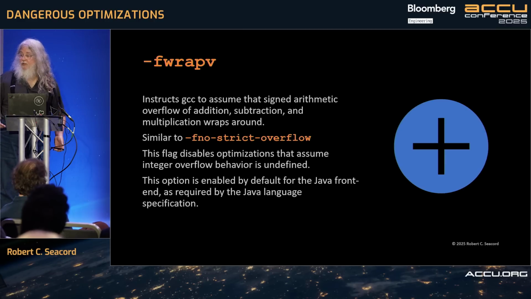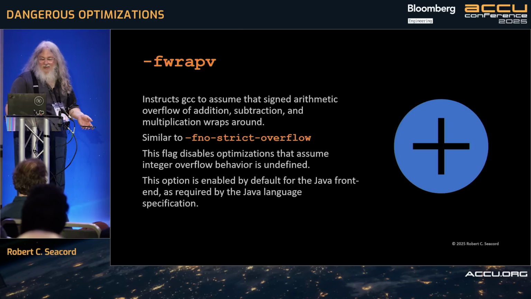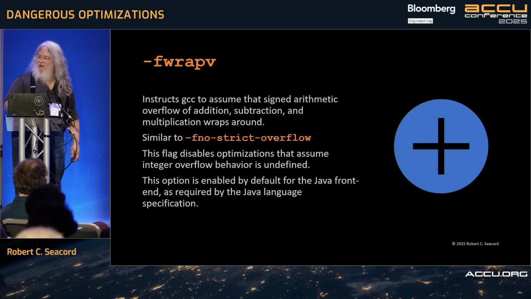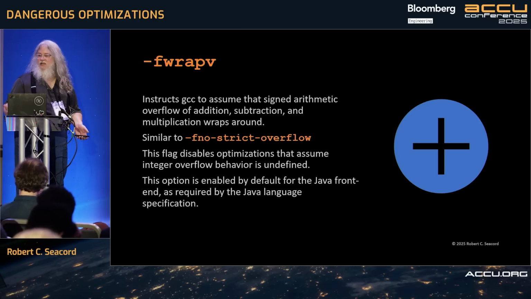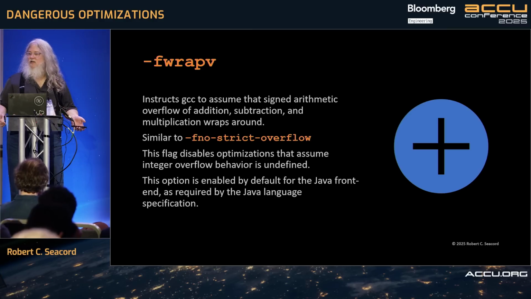Now, security people who aren't as expensive as I am will tell you to use -fwrapv, right? Because they'll say, oh, there's all this very dangerous undefined behavior that leads to buffer overflows, all this stuff. The problem is that these optimizations also eliminate a lot of undefined behaviors, and they make your code more performant.